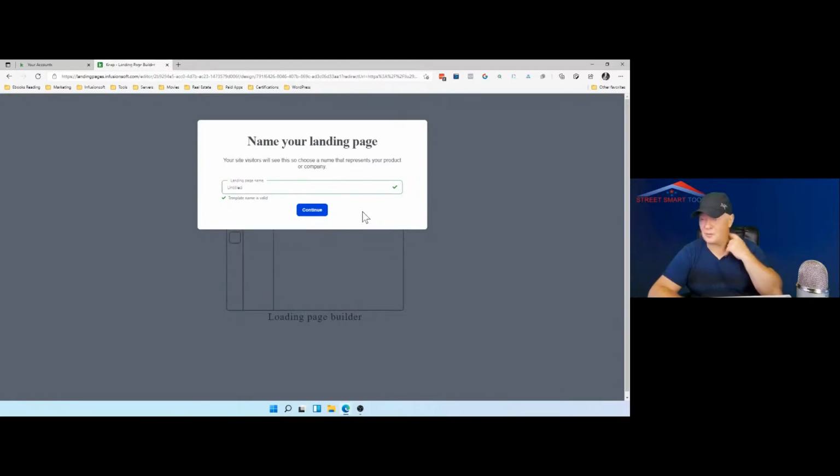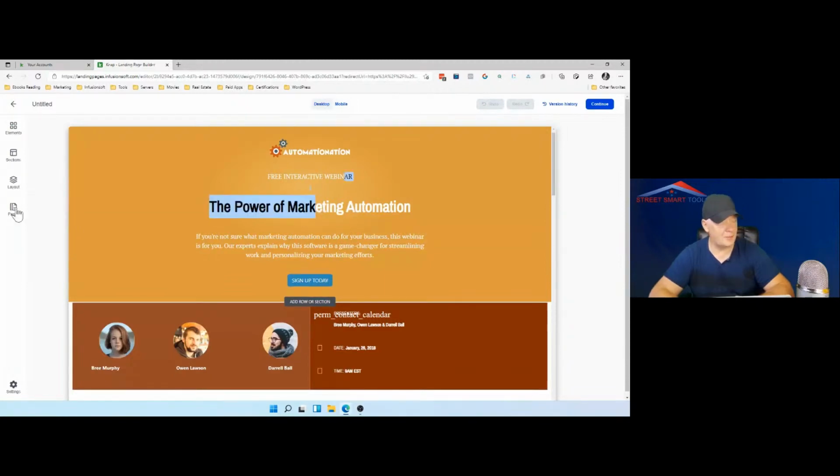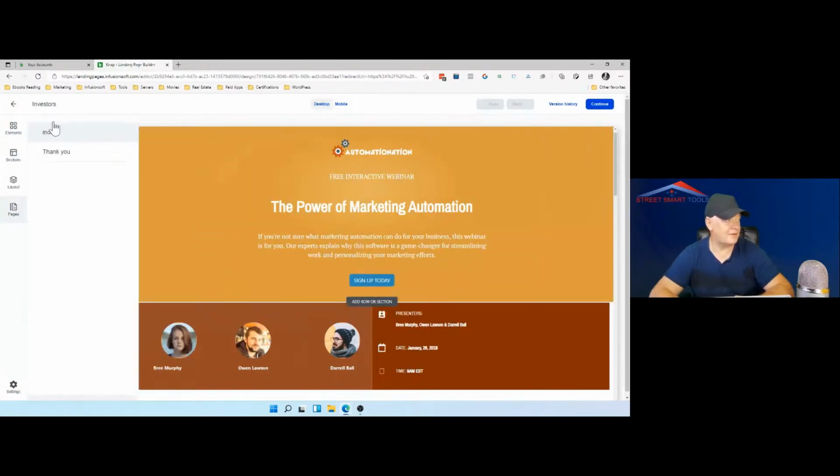Okay, too many things happening in the system. Investor. And I will show you how that works. So we already have a page set up. You can customize it, that's perfectly fine. And there should be an additional page, a thank you page, so you can upload it and then redirect them to download the ebook, etc. Right? And you see there is a thank you.